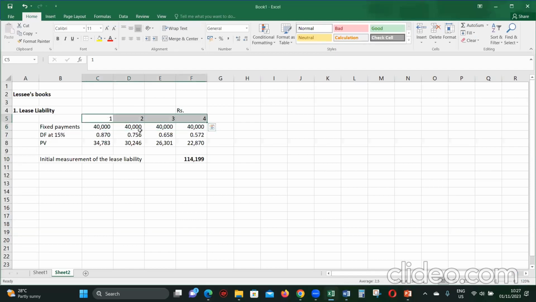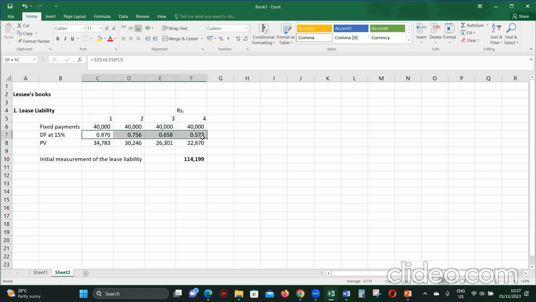For all 4 years, the payment value is the same. Now, in all 4 years our payment value is the same, 40,000. Our fixed payment value is the same for all 4 years. In that case, instead of computing discount factors for all 4 years separately like this, you can